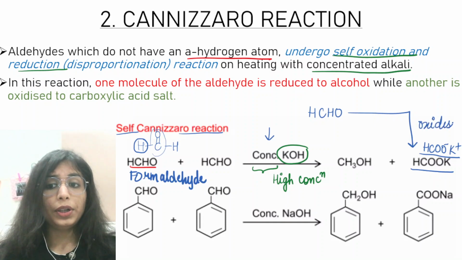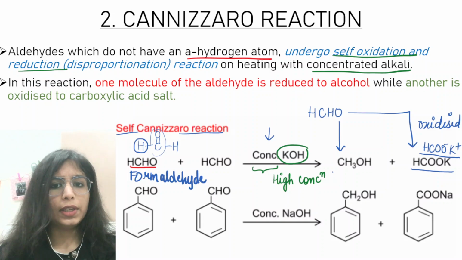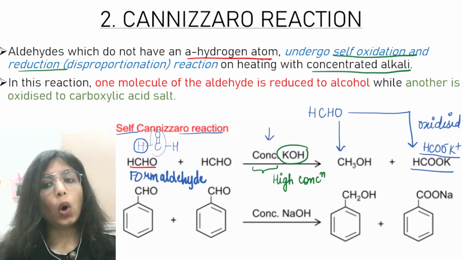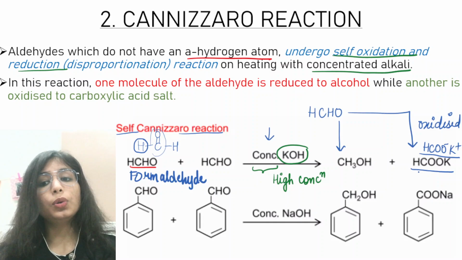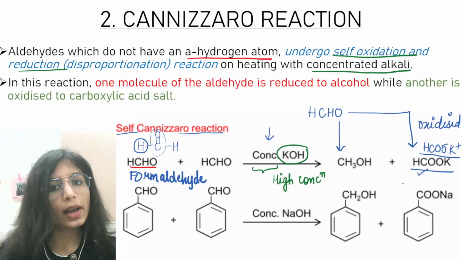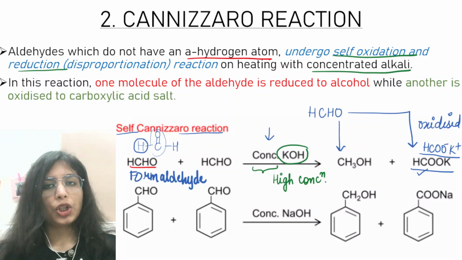And if I talk about the reduced product, the reduced product is alcohol. So just remember the methods of preparation that we were discussing. In order to prepare aldehydes, one of the methods was that if you use some mild oxidizing agent on alcohol, then it will get oxidized into aldehydes or ketones, whereas if you make use of a strong oxidizing agent, then it will get directly oxidized into the most oxidized product, that is our carboxylic acid. Alright, so this is how the Cannizzaro reaction is taking place.